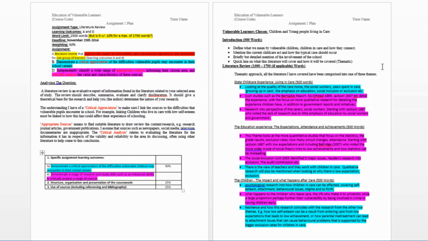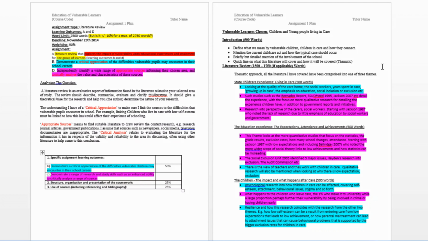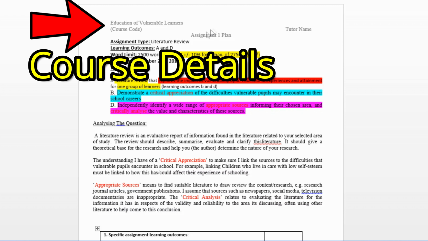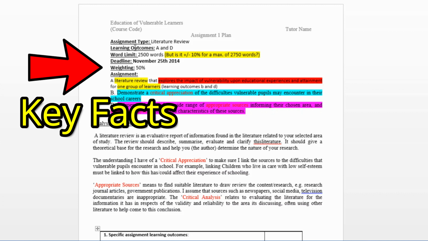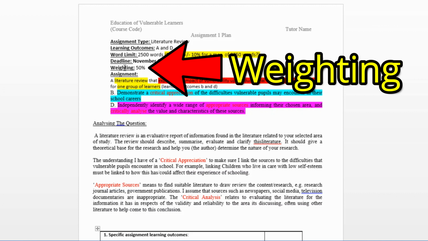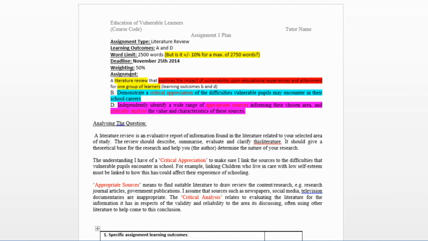So you might be looking at this plan and thinking, I don't understand that at all. It's just a mess of words, colours, overuse of the underline tool. But let me talk you through it. It's very simple. At the top here, you put your course code, assignment 1, your tutor name. I've taken mine out. I just do some key facts: what the assignment is, the learning outcomes, the word limit, the deadline,